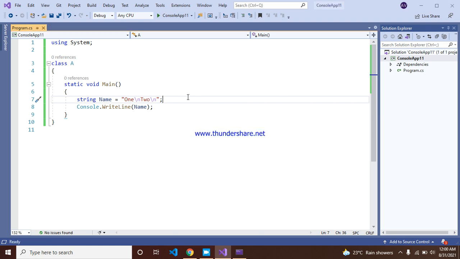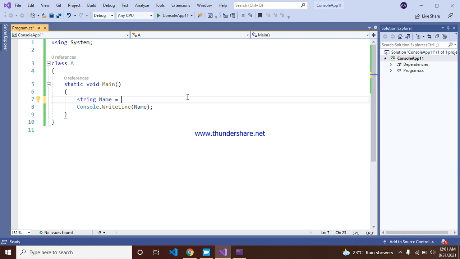Here we have verbatim literals. What is a verbatim literal? Verbatim literals make escape sequences translate as normal printable characters, with inherent readability. Verbatim literals are used to remove the escape sequence, giving better readability by treating escape sequences as normal printable characters. So don't bother about that, guys. I will tell what a verbatim literal is.